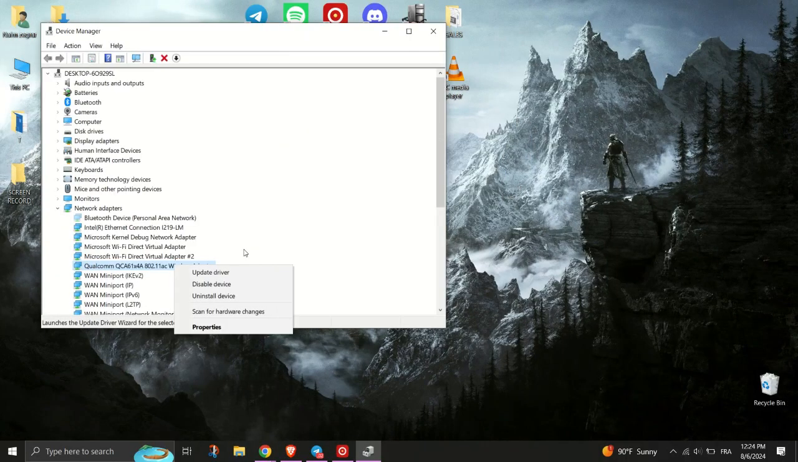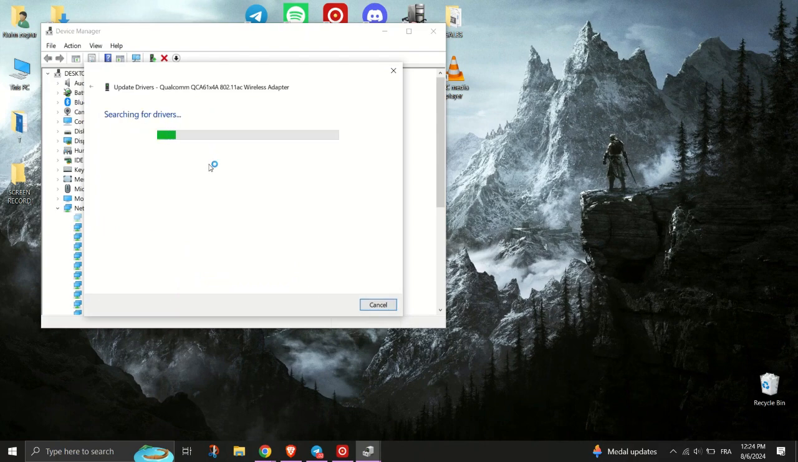Lastly, you can update your Wi-Fi drivers, and if you don't have a LAN connection, try performing a power